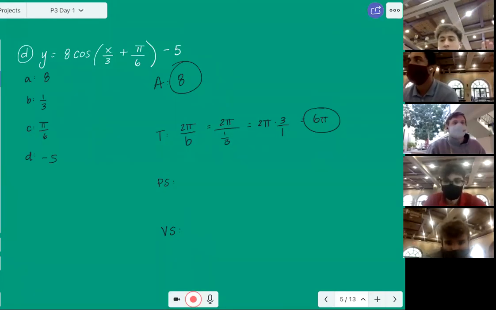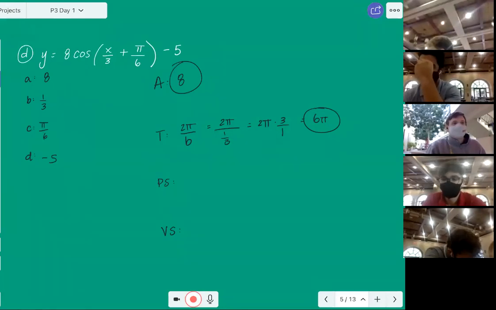It would like stretch it. Exactly right. And the way you showed that with your hands is right. So it's going to horizontally stretch it, right? So now it's going way slower. It gets all the way to that 6 pi. Great, great job. Okay, let's go on. Phase shift, and let's go to